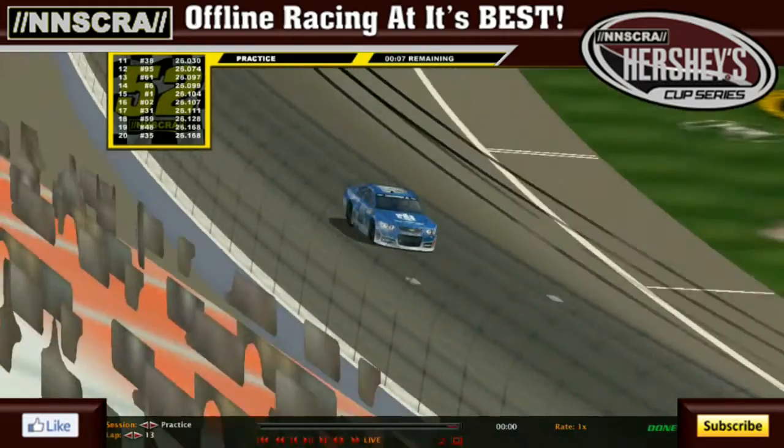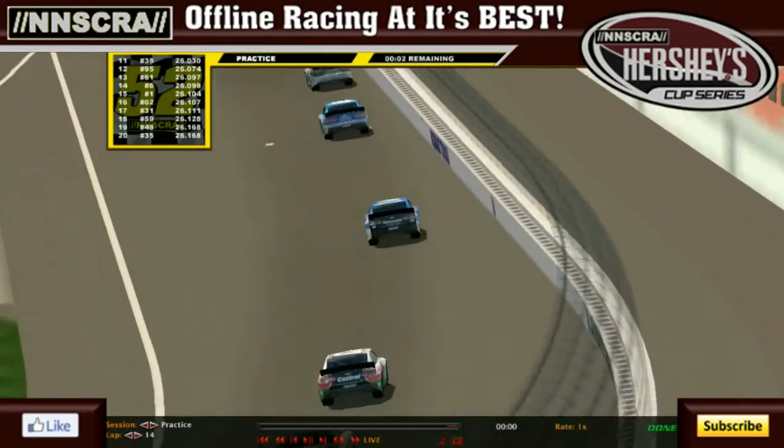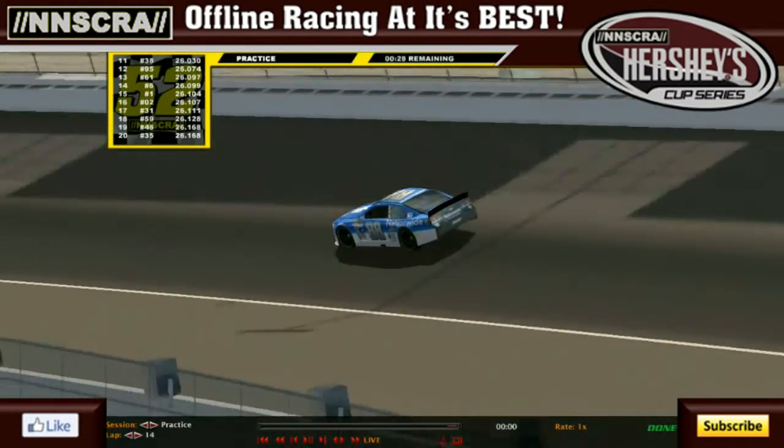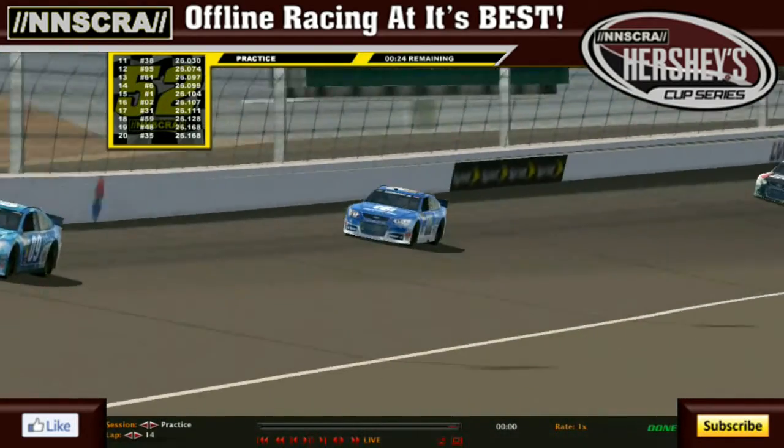Garrett Sidner trying to make his second start of the season. He made the Daytona 500, was a strong car there. Failed to make the race for last week's Rockingham UK event. And right now it looks like he is in a good spot to move into the next round of qualifying,